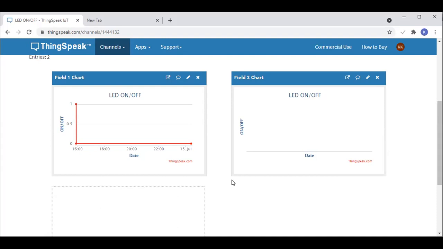If you want to see the pattern of the levels, कि हाँ दिन में कितना भर जाता, रात में कितना भर जाता, then we have to monitor it for 24 hours or 1 month at least.